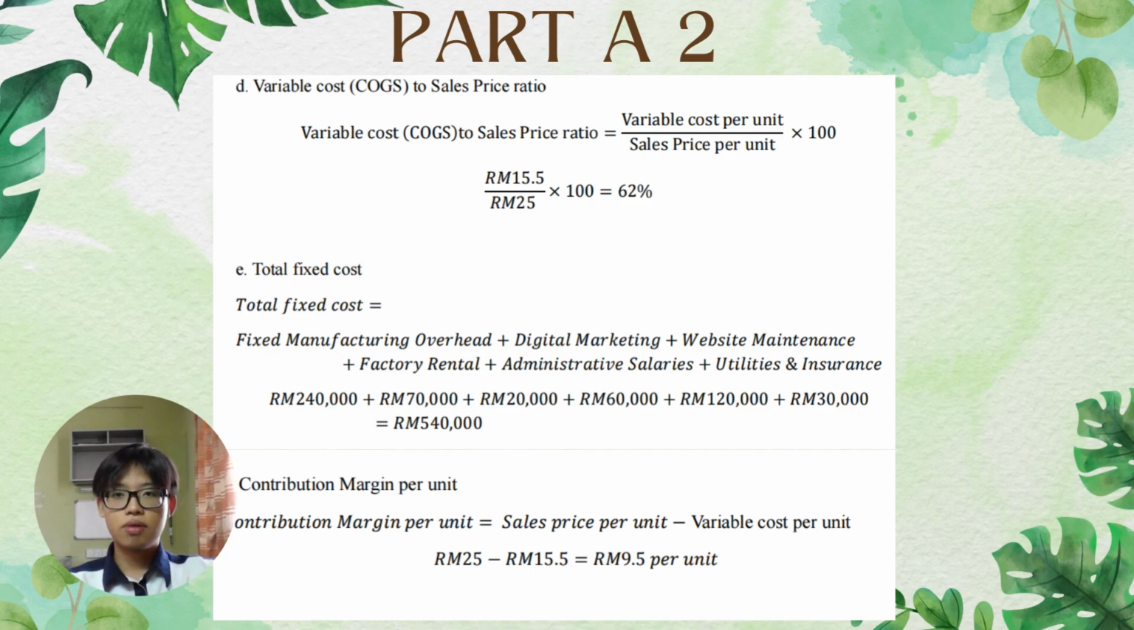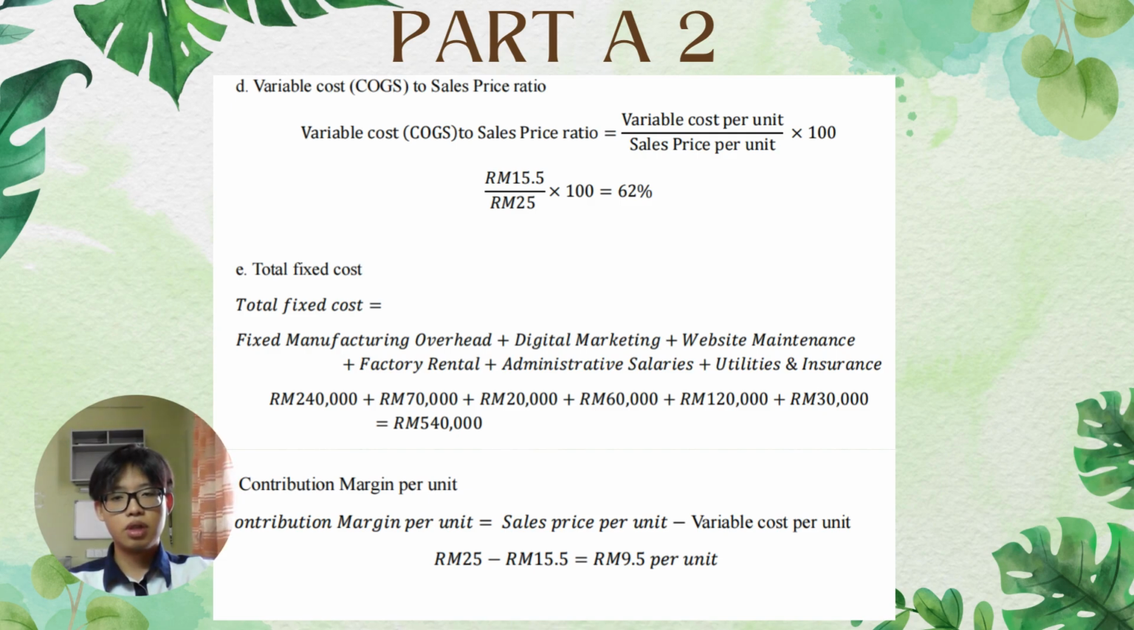To calculate the total fixed cost, we just need to sum up all the fixed costs, which are fixed manufacturing overhead, digital marketing, website maintenance, factory rental, administrative salaries, utilities and insurance, and what we get is 540,000. To calculate the contribution margin per unit, we take the sales price per unit minus the variable cost per unit, and what we get is